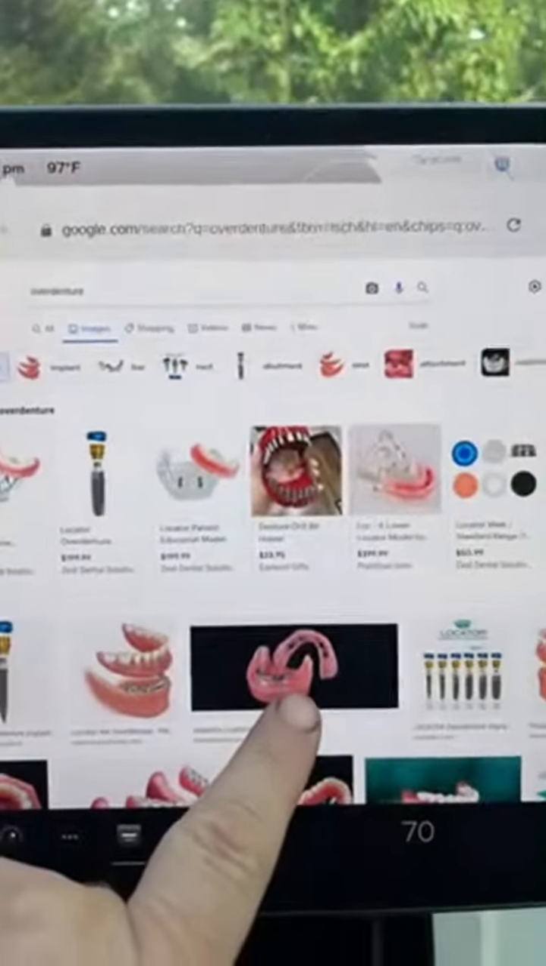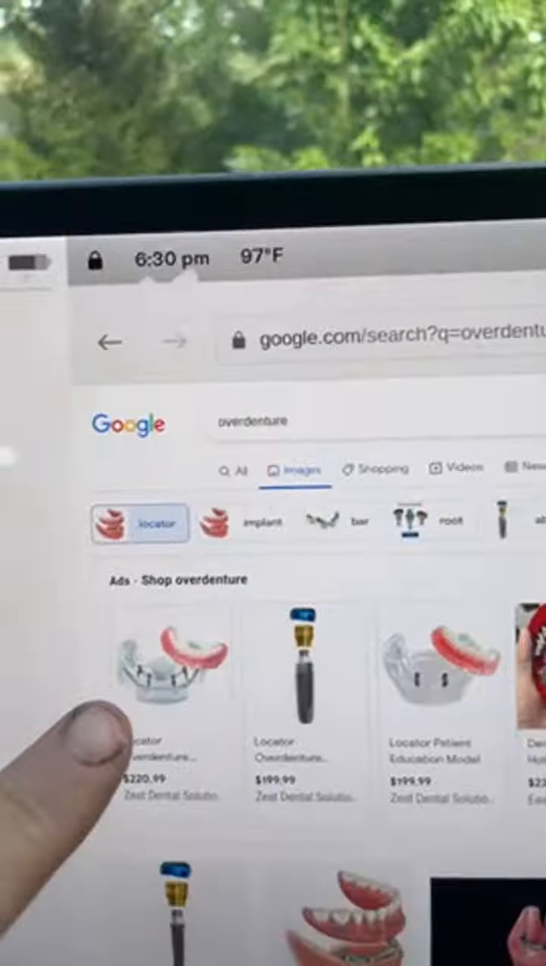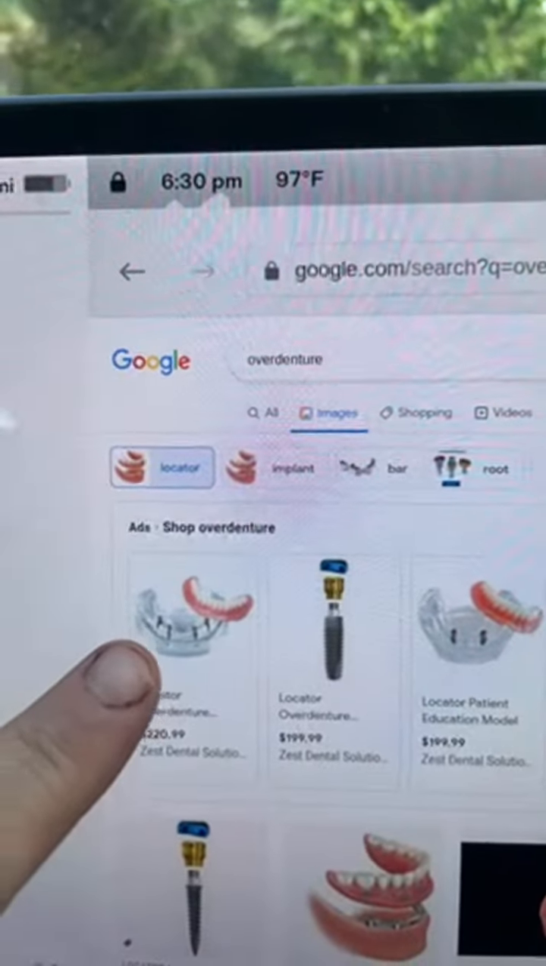Where I'm going with this is that with a regular overdenture, here's a snap, here's the bar overdenture, and here's a regular overdenture. When there's no bar, it requires that the device is really, really